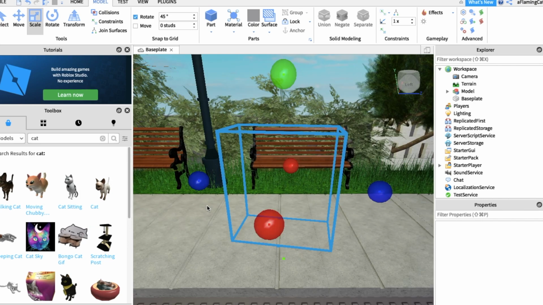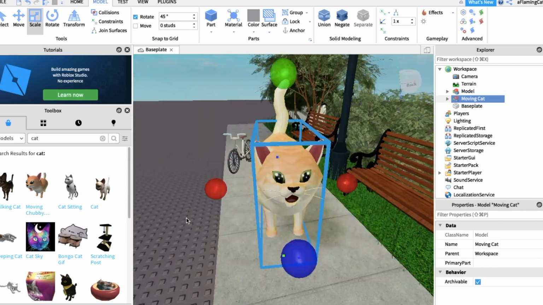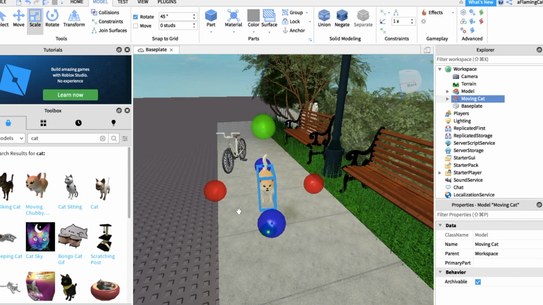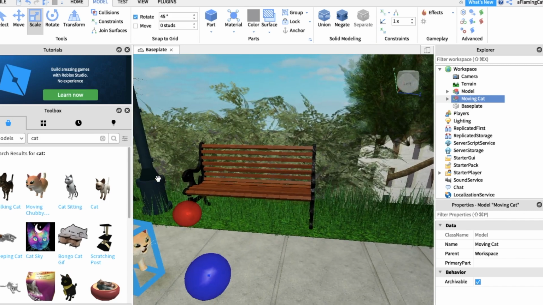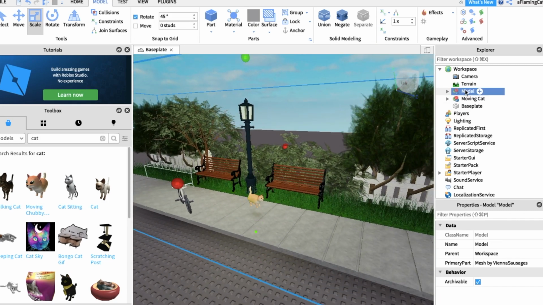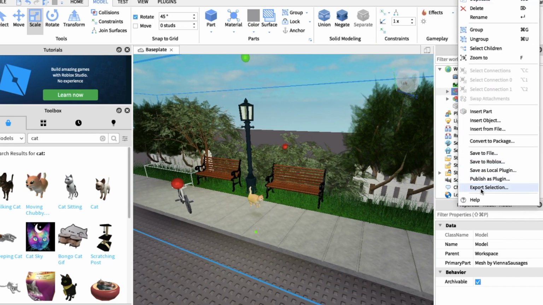So I think I'm gonna import this cat because I've used it before and it's pretty funny looking to me. So let's just make it smaller, and if you do want to make it smaller, just press scale under model, and you can also move it, but that's not really necessary right now. So after you're happy with the model, again, just click it and then do what we did before, export selection,